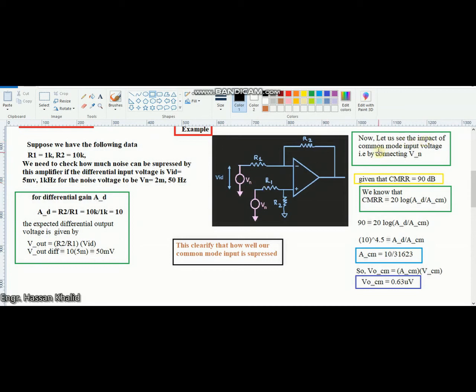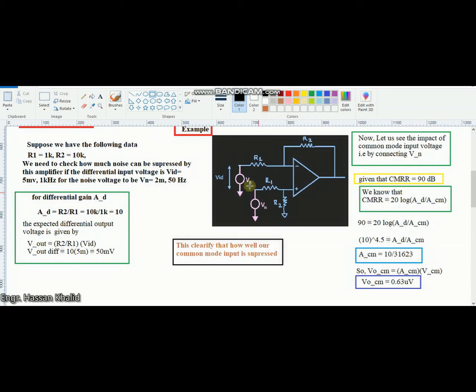Now let us check the impact of the common mode input voltage, by connecting the V of n. Given that the common mode rejection ratio for this type of amplifier is 90 dB, and we also know that the CMRR is equal to 20 log of the ratio AD over ACM, that is the ratio of differential gain to the common mode gain. Now if I drop in the values 90 and 20 and try to find the value of this common mode gain, because I have already found the differential gain, which was 10, we obtain the common mode gain equal to 10 divided by 31623,